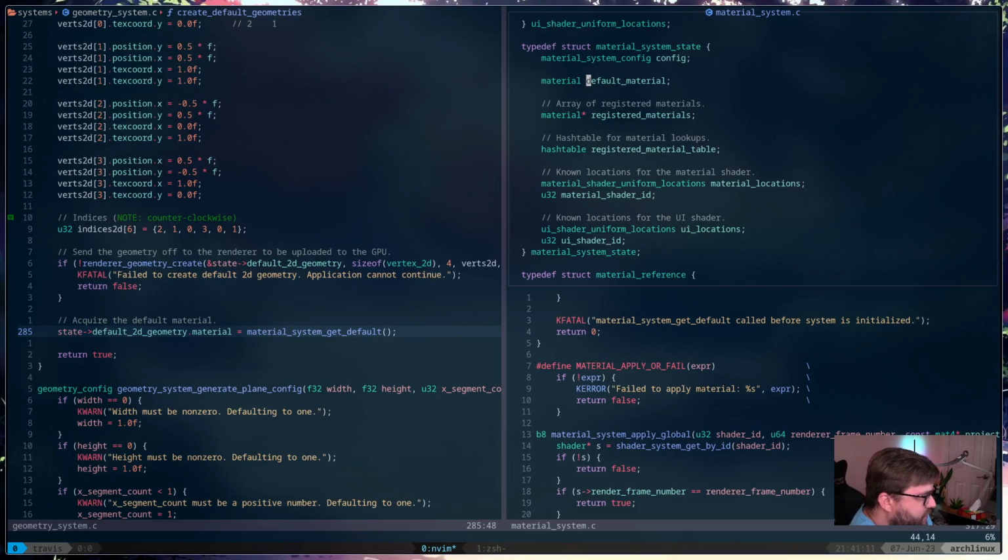So now the question is, do I create a default material for the UI and every other type of material that we're going to have? Which would be good for having some sort of fallback so that we don't have these kinds of issues when we actually go to load up objects.